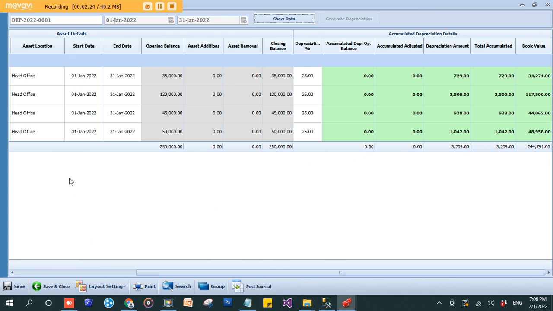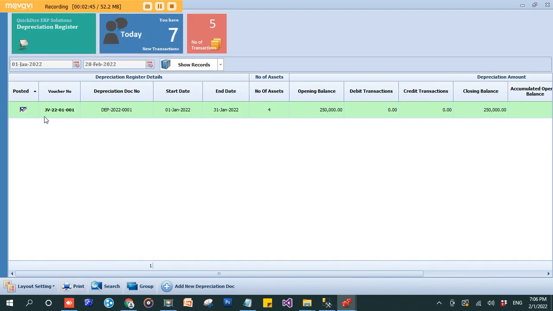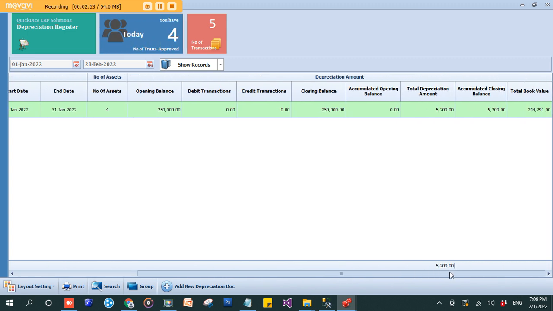Now I have finished this, and then I can post this as a journal entry. Simply click on post to journal. The depreciation has been posted to the JV. Please check the voucher number JV22001. So the depreciation journal entry has already been passed into the system. Save and close. Now if you see here, voucher number 1, the depreciation document number, from this day to this day, we have an opening balance of 250,000 and a closing balance of 250,000. We have a depreciation which has been accumulated in this month, and the total book value is